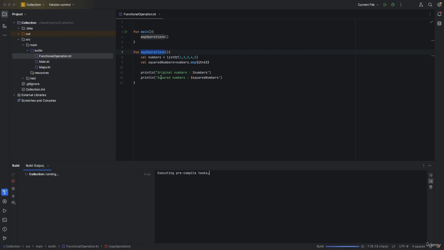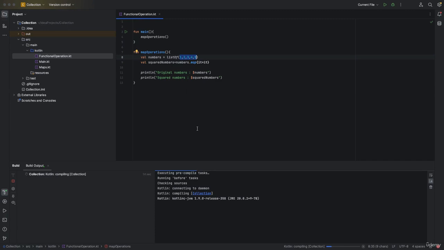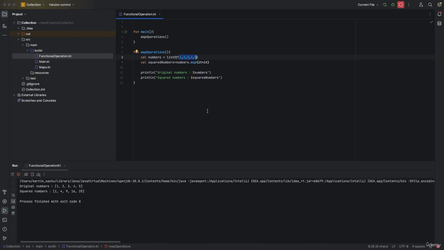So you will see the output in squared numbers, as all the outputs will be squared. Okay, here we go, the squared numbers. So this is how you could basically do all the operations directly. Now let's take a second example in which